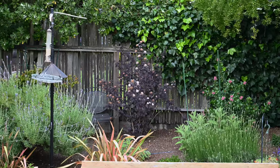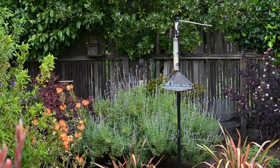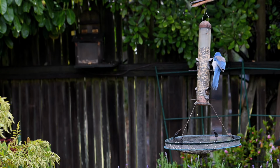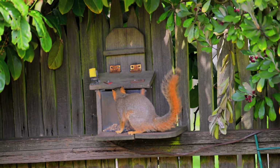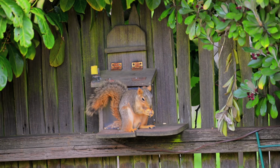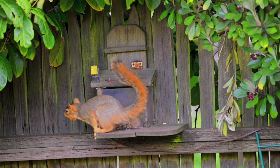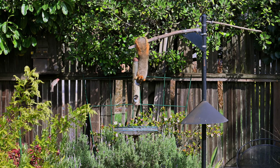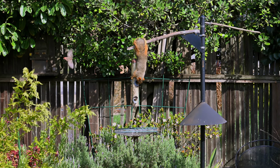Life in the backyard garden had been going smoothly for the last couple of years. The birds were happily feeding at the bird feeder, and the local squirrels were dining on the porch of the Squirrel Cafe. But when I looked out the window on an early February morning, a squirrel was scarfing down his breakfast on